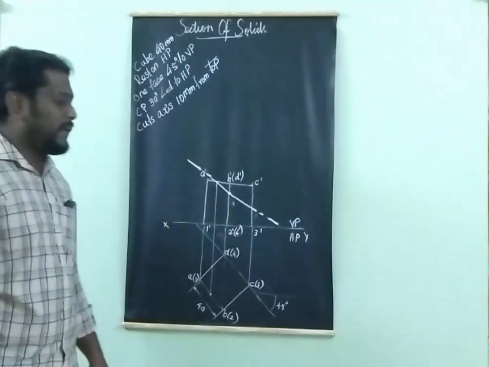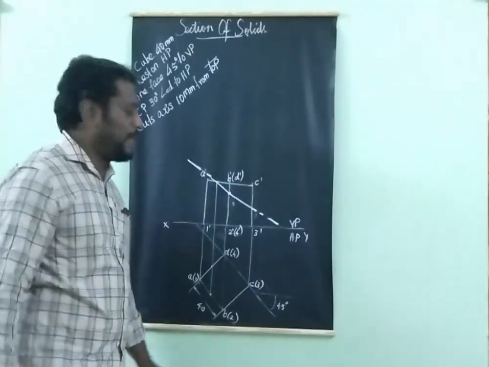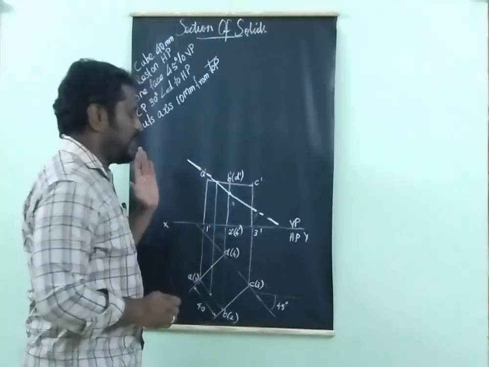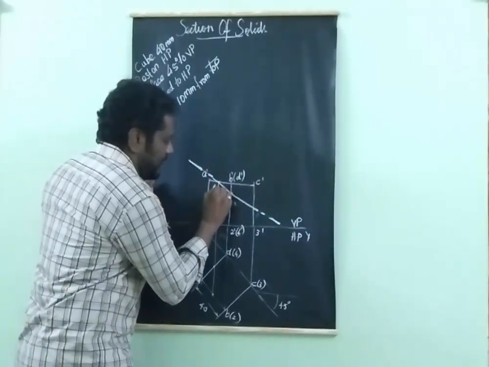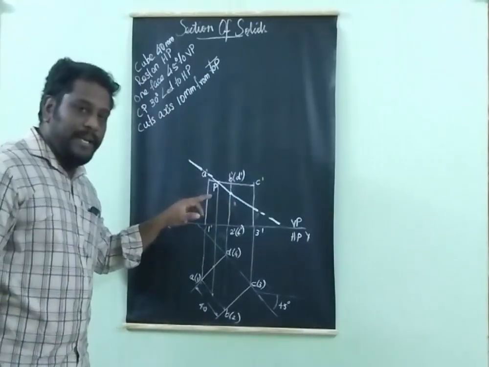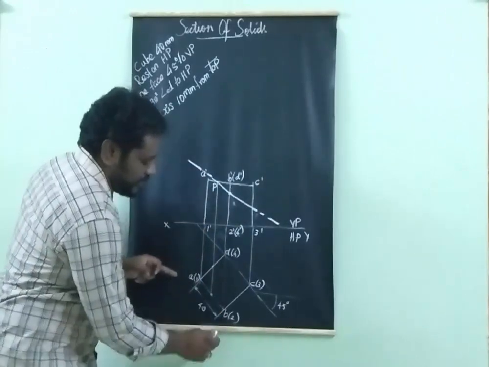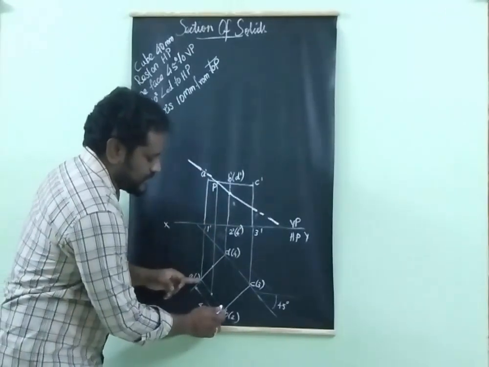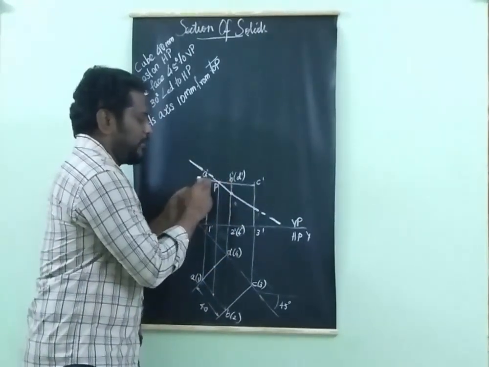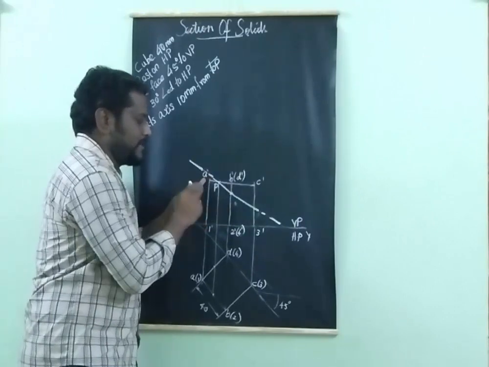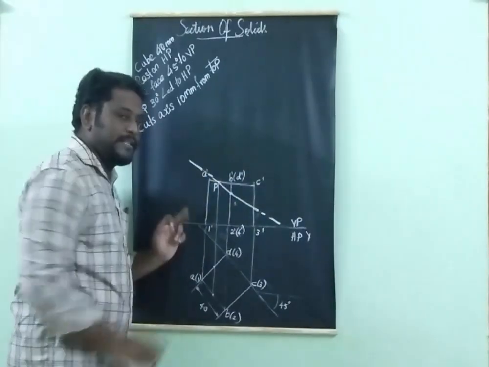So now go for naming the cutting plane. Now you have to name the cutting points. From the left hand side, you have to mark the cutting point. The first point is P, and the point P is in a visible edge. Here the visible edge is AB. When you look from here, AB is a visible edge, AD is an invisible edge. You can see from here, AB, both points are visible points. So AB is visible. Here we look at AD, the D point is invisible. So AD is an invisible line.